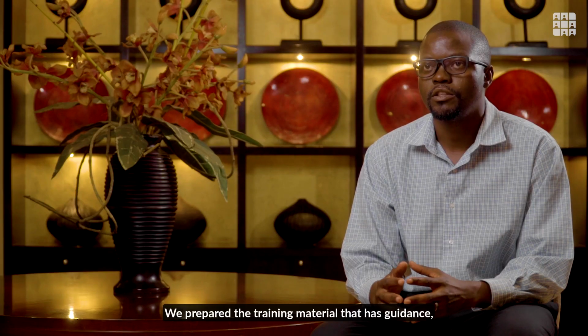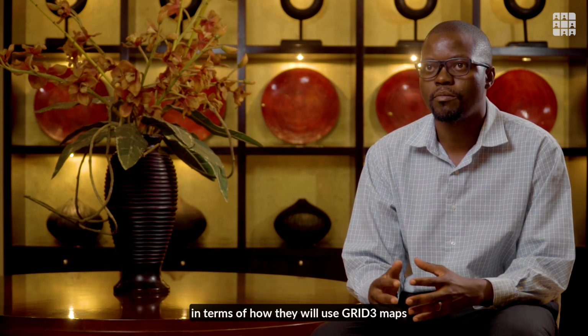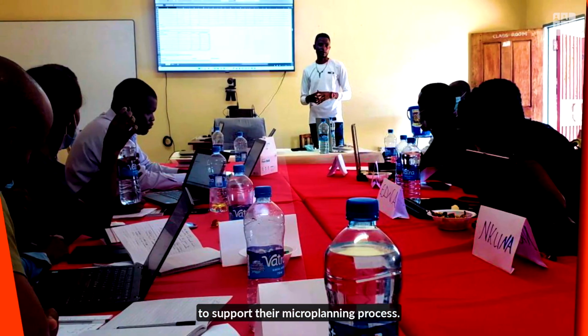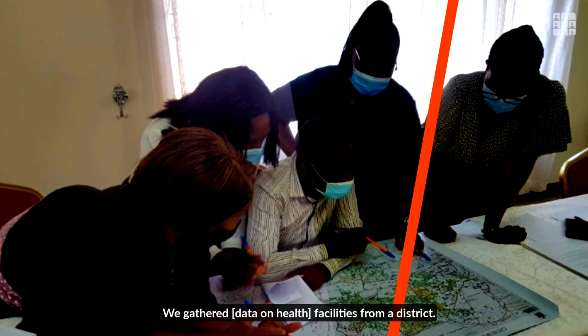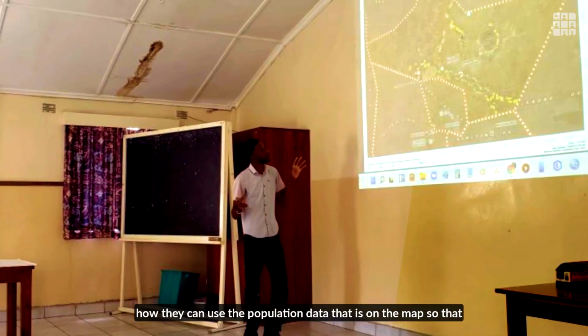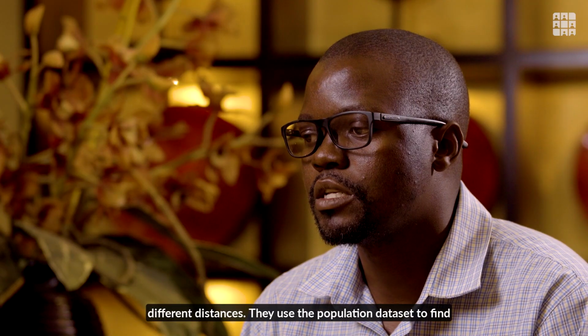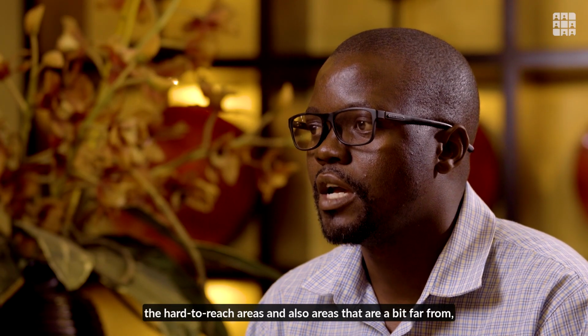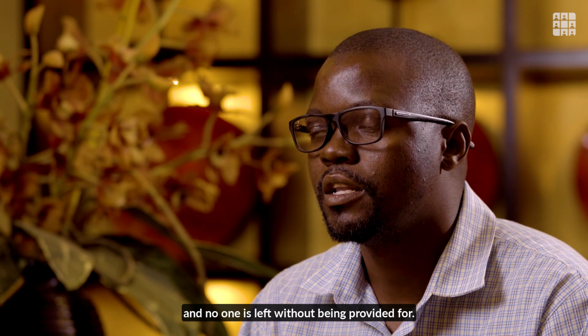We prepared a training material that has guidance in terms of how they'll use GRID3 maps to support their microplanning process. We gather facilities from a district, they sit, and we go through the stages, how they can use the population data that is on the map so that they can calculate target population and population within different distances. They use the population data set to find the hard-to-reach areas and also areas that are a bit far from the nearest health facility, so they can also be planned for,